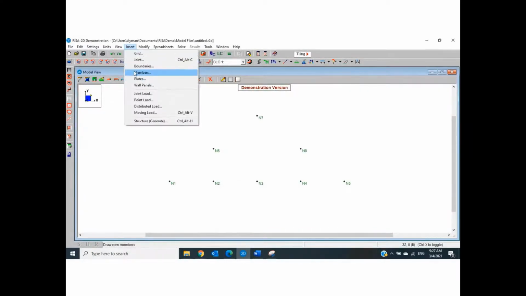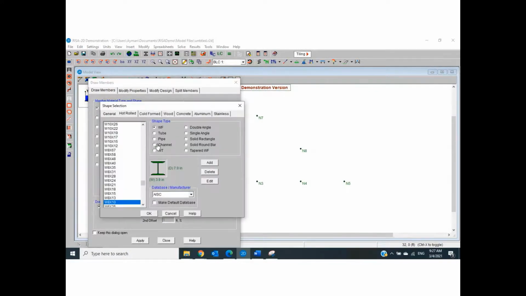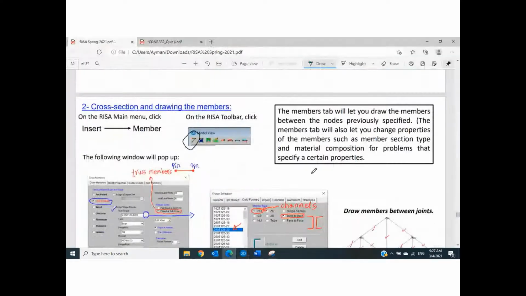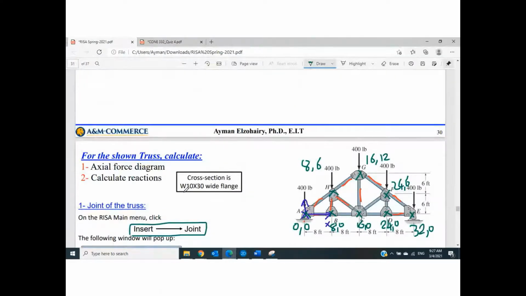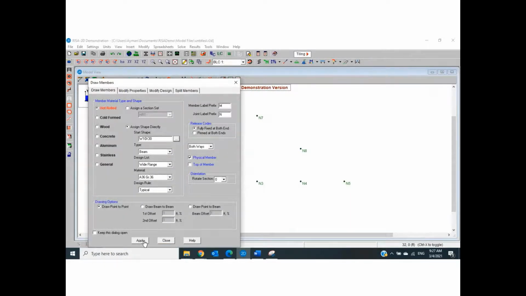Insert members, hot rolled, this little icon. I will go up to choose W10 times 30. The members are W10 times 30. The cross section, wide flange. Anyway, 10 times 30, okay. Before apply,